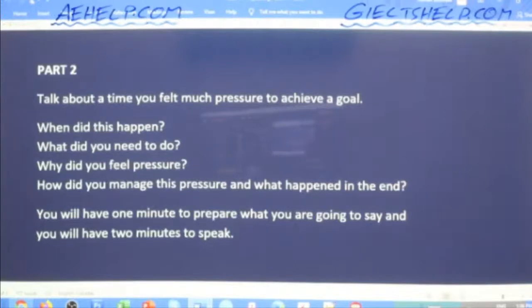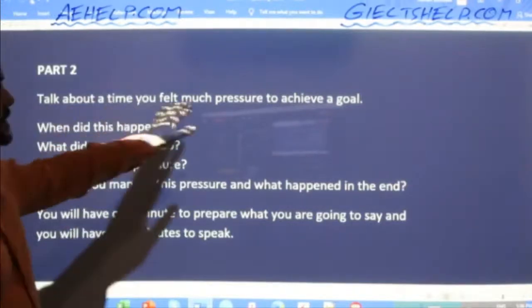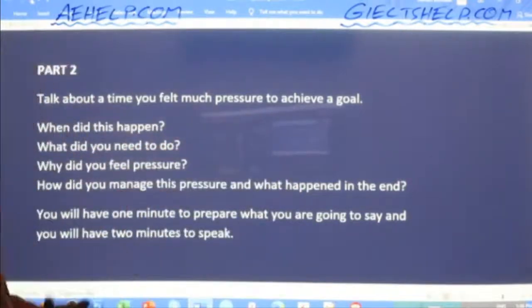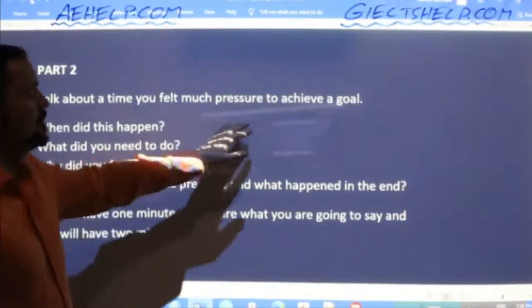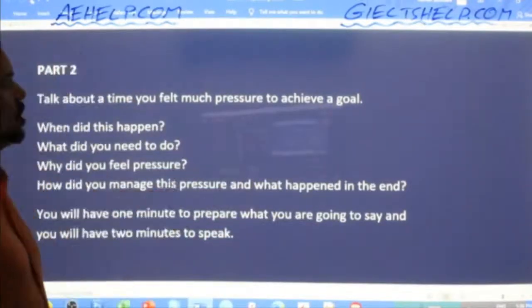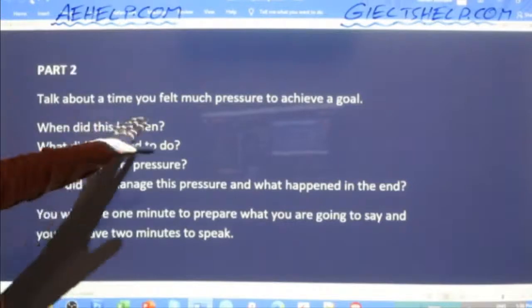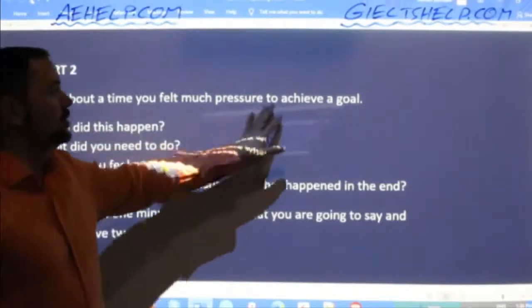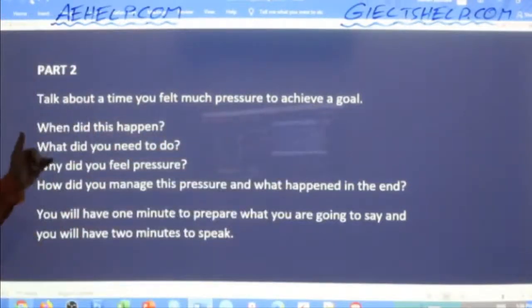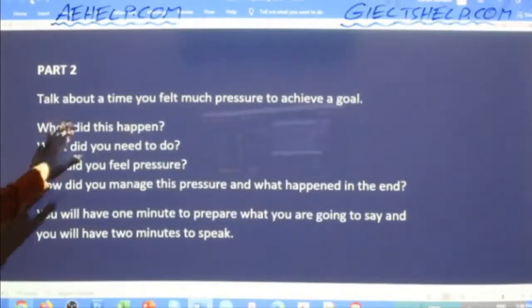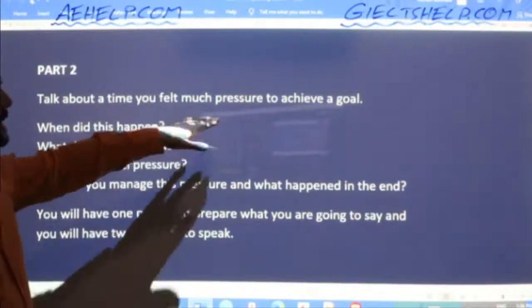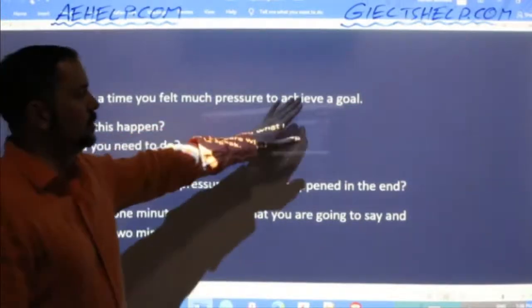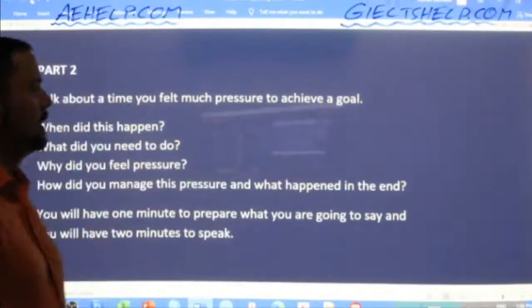All right, so step number 1 is always to read the questions, especially this topic question twice. Here we go. Talk about a time you felt much pressure to achieve a goal. Okay, so talk about a time you felt much pressure to achieve a goal. We read it twice. Okay, thinking about that, it's a situation where I felt a lot of need or stress to reach my